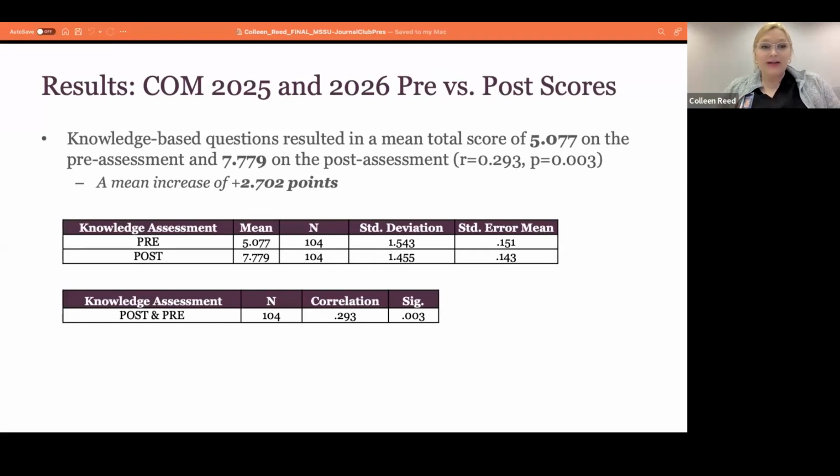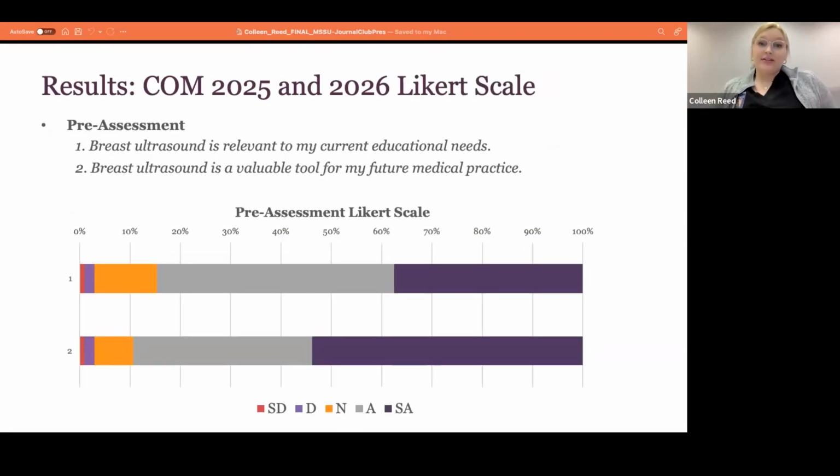Okay, so combined, the pre was 5.077 and the post was 7.779 with a correlation of 0.293 and a p-value of 0.003. As far as the Likert scale for the combined 2025 and 2026 cohorts, the pre-assessment contained 2 questions: breast ultrasound is relevant to my current educational needs, and breast ultrasound is a valuable tool for my future medical practice. And you can see on this Likert scale